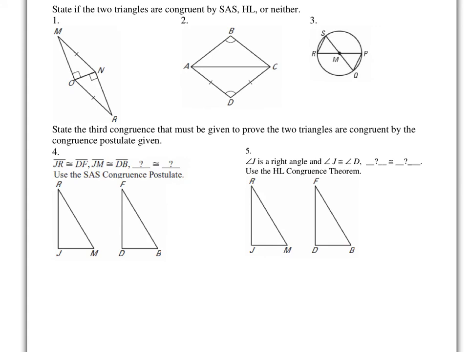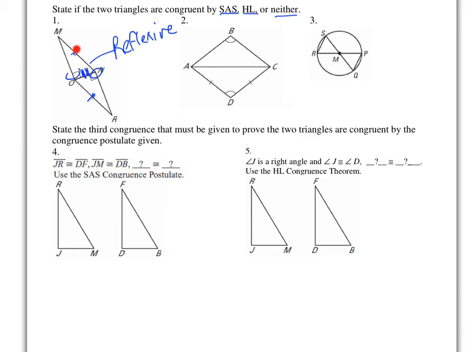So on these questions is where we are going to determine which type of triangle we have, and then also determine if we can say it is congruent by one of the two methods we're talking about in this video, or it could be neither. So for the first one, we notice it is a right triangle, and remember we always want to notice that they have a side that is shared, and that's by the reflexive property, and it has this other side that is on here. And if you notice, we have an angle,